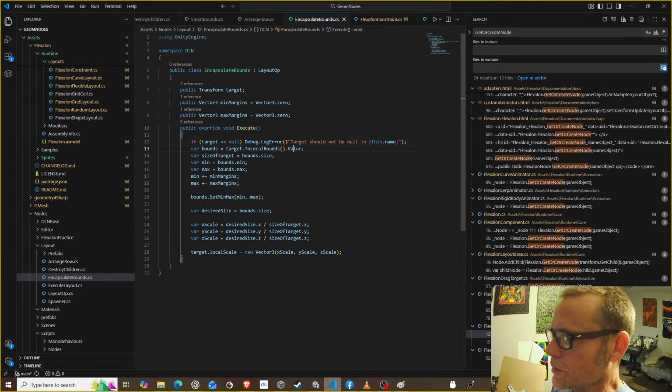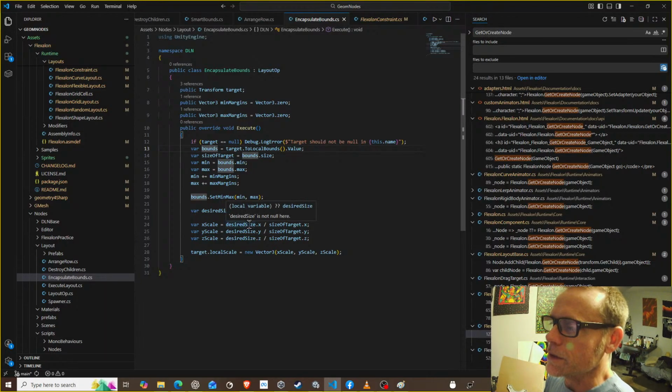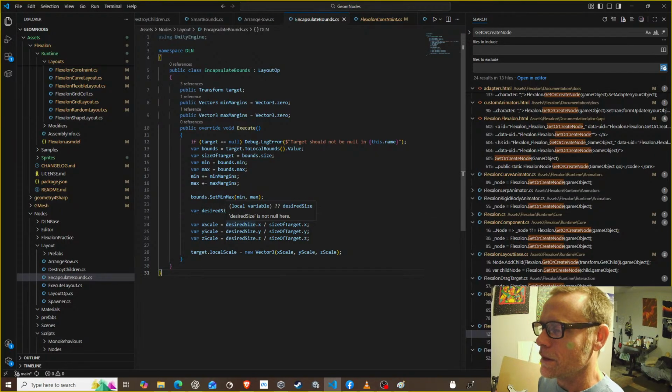Let's go back to here. Target.local scale equals new vector 3. Transform target. And alright, so we got bounds. Size of target equals bounds.size. Correct. Min equals bounds.min. Max equals bounds.max. Min plus equals min bounds. Max plus equals max margins. So we got bounds.setMinMax. And then we got desired size equals bounds.size. That's correct, except